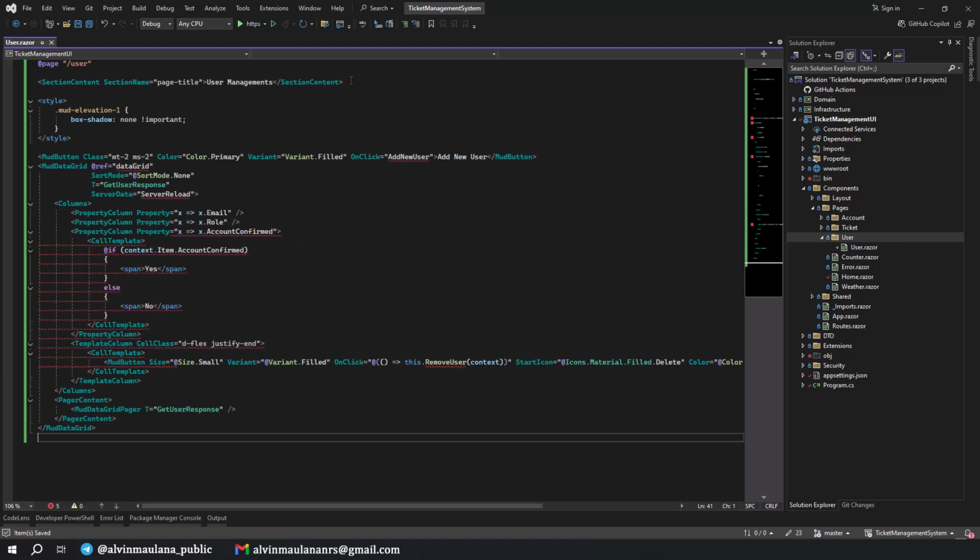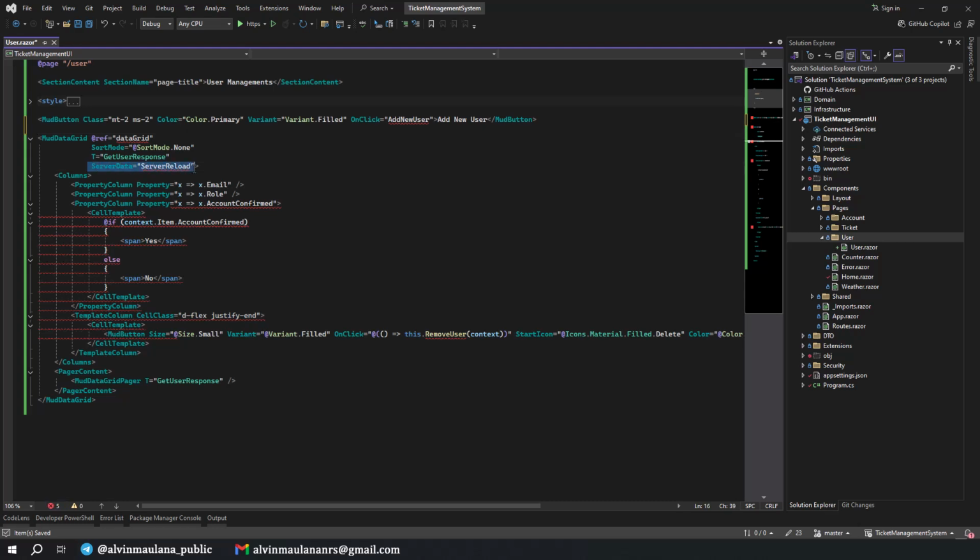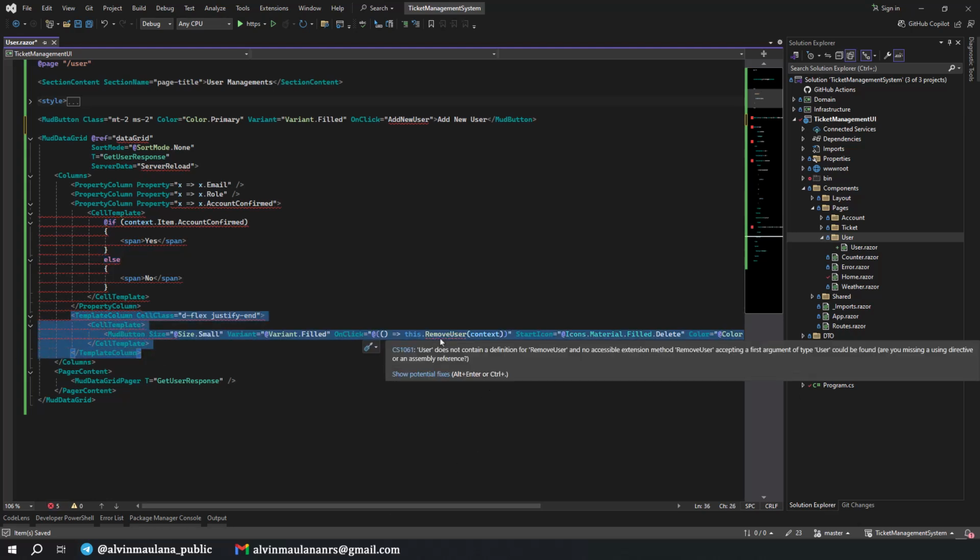And in here we have a page title. Okay, this style, I'm going to minimize it. And there is a button to add new user. And in here we show the list of users as a grid. In here we do server rendering, like before when we showed the ticket. And there are several columns in here. This one, account confirmed, is basically boolean, true and false. But instead of showing true or false in our UI, let's show it as yes and no. And then in here, in the grid, we will also show the button to remove our user from the database.